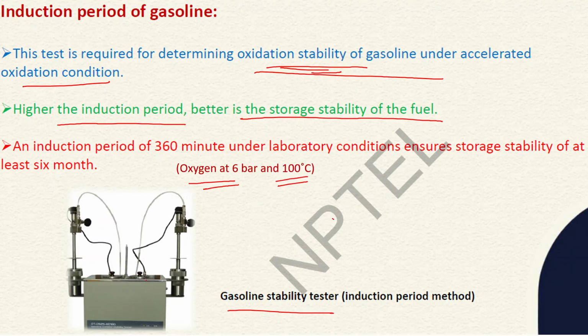The pressure will start to increase, and after a certain time the pressure will shoot up instantly. This shoot up will give us the time. The time up to which the pressure shoots up is taken as the induction period. So basically, an induction period of 360 minutes under laboratory conditions can ensure the storage stability of gasoline for at